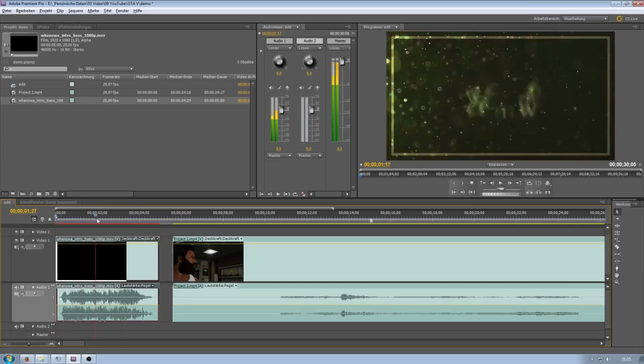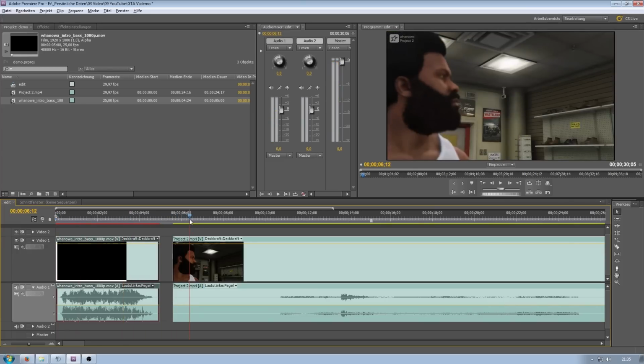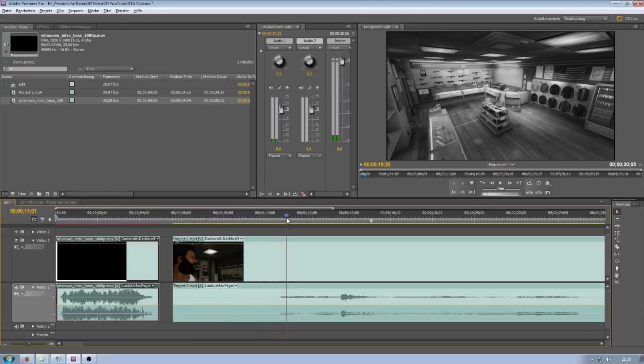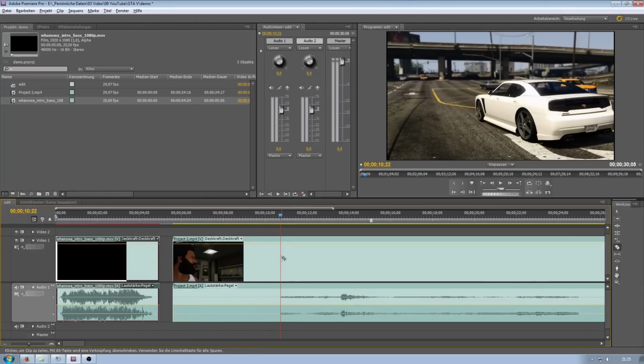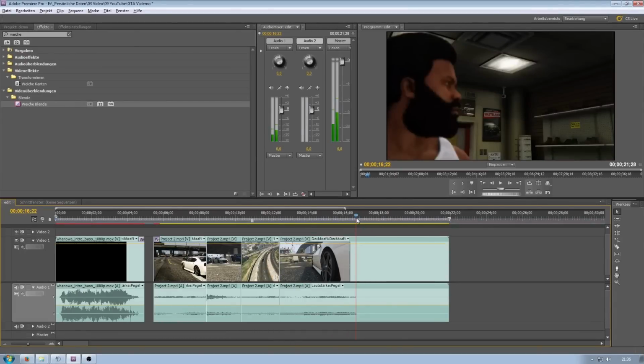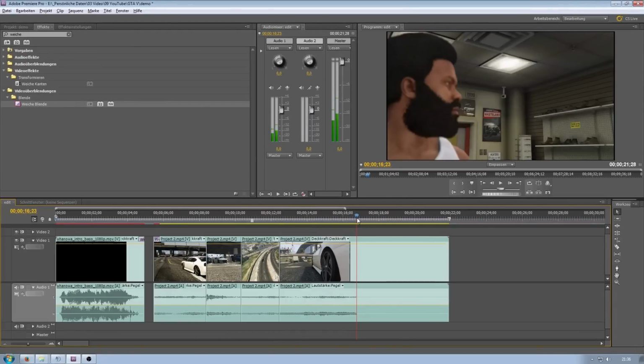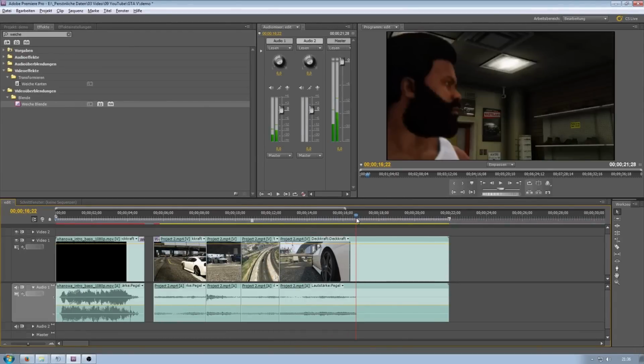It is important that you edit your clips in-game in a way that leaves you a few extra seconds at the start and at the end. This helps you if you need to fill up a scene and make it longer in Premiere Pro later on. Also, the Rockstar editor always does this little thingy that the first frame of a new clip is darker than the original color of your clip.